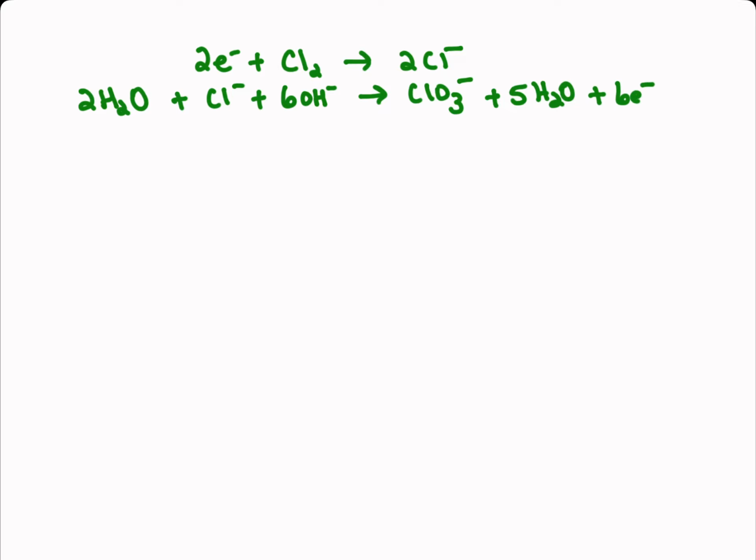Now we got to look at our electrons. Our goal is to try to cancel. There are 2 electrons in the first equation, 6 in the second. So let's go ahead and multiply by 3 in the first equation. So I'm going to distribute the 3. And in the second equation,